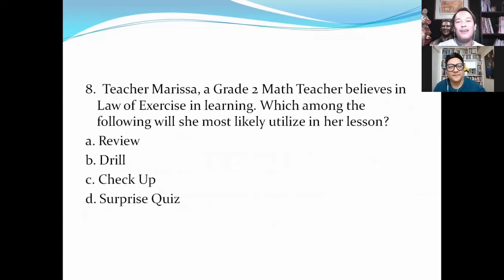So when we say the law of exercise, ang sabi ni Thorndike is, correct practice makes perfect. Kapag paulit-ulit natin ginagawa ang isang tamang bagay, ito ay nagiging bahagi ng ating kamalayan, ito ay nagiging daluyan ng kaalaman or learning. So dito, sa 4 na ito, ano dito ang example ng law of exercise? Inuulit-ulit. Okay, the answer here is letter B.